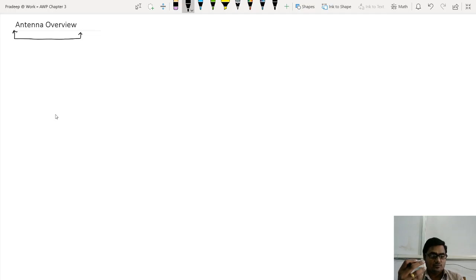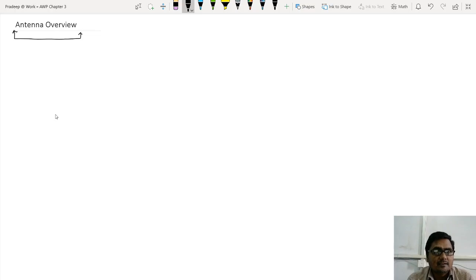For example, we have to study its construction, that's its structure. Then we have to study its design, we have to simulate it. If you want to, you can practically fabricate it, and then we have to learn the applications. So if I want to start with the study of each and every antenna, it will take a lot